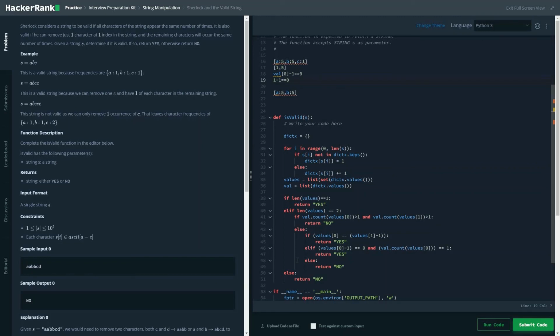But we also need to take care. For example, there could be a situation where d could also be 1. So it would be checking whether there is 1 instance of that value present or not. If there are more than that value present, then it's going to be no. So here we have just done it for the 0th index. Can we do it for the 1th index?